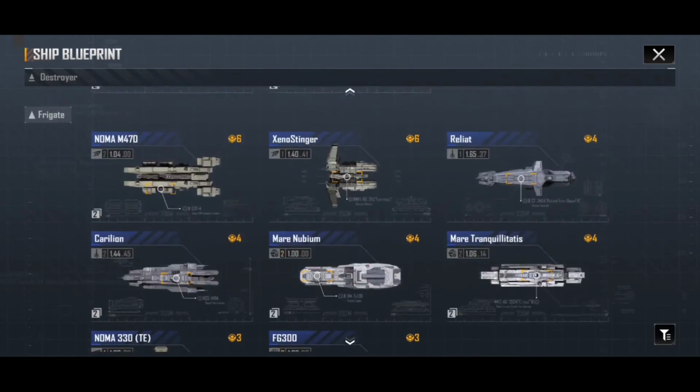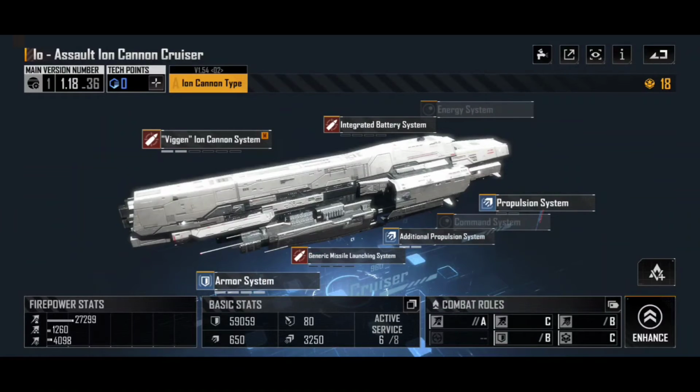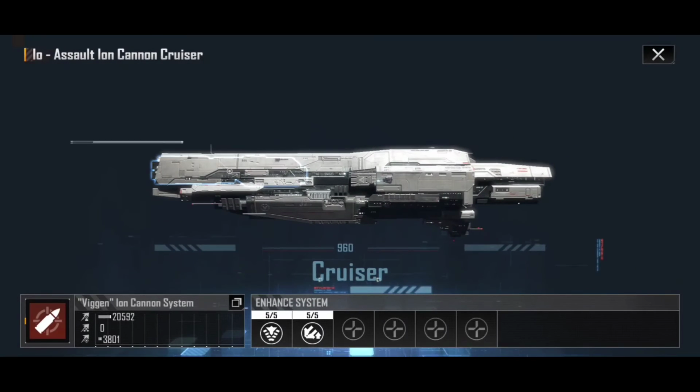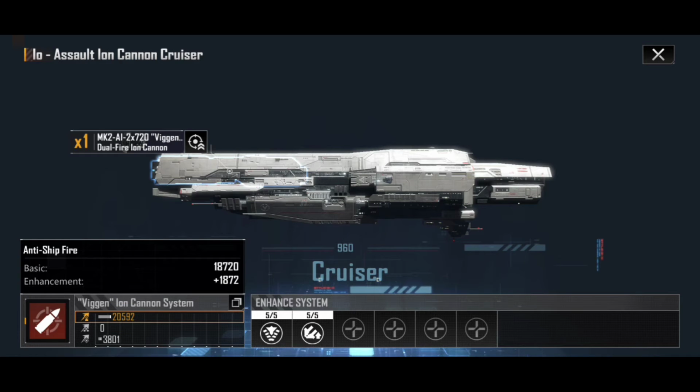So for example, if we were to scroll up here and have a look at the Io, another Jupiter Industries ship, and its Vigan ion cannon system, you'll notice if we have a look at the system info here, it has 7,000 EHP, 7,000 effective hit points there. Now, if a Newland is attacking this, there is a chance that the Newland is going to lock onto that Vigan dual-fire ion cannon, and it is just going to blow that up. Now, if you look here, the damage here from the Io Assault Ion Cannon Cruiser is